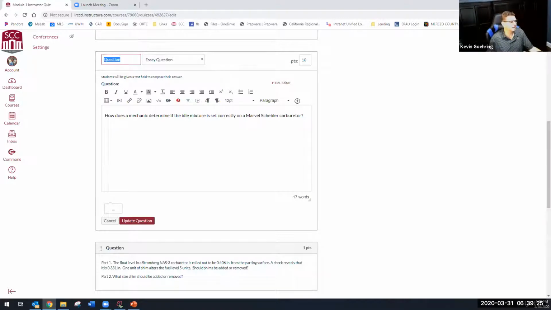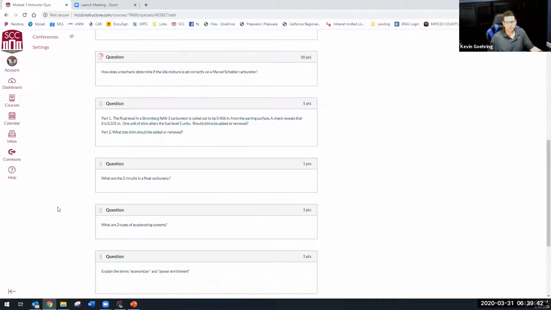Can you be more specific? Run the engine in idle. Let's get Jace to have this one. Go ahead, Jace. I would pull the idle cutoff and then watch the RPM gauge. It goes up a little bit before it cuts off. Very good. How much is a little bit? About 50 RPM. All right, about 50. I like that one. That's what I'm looking for.